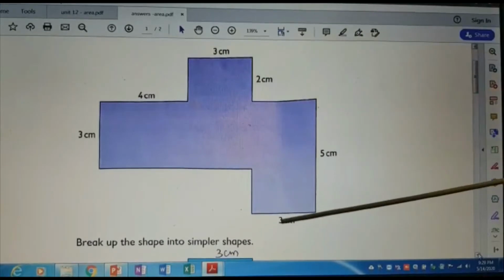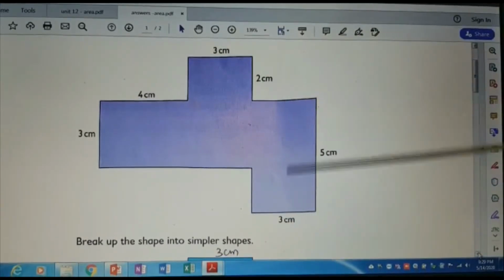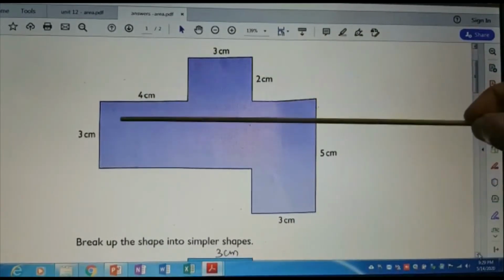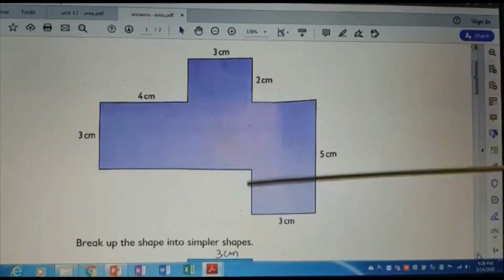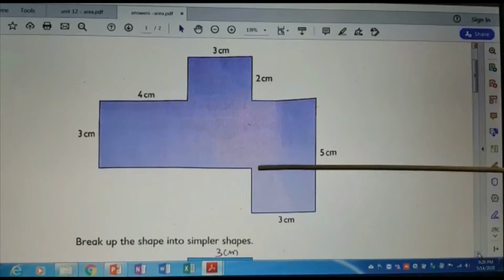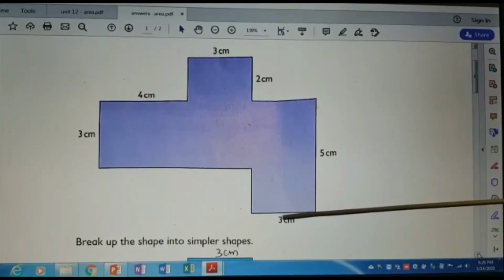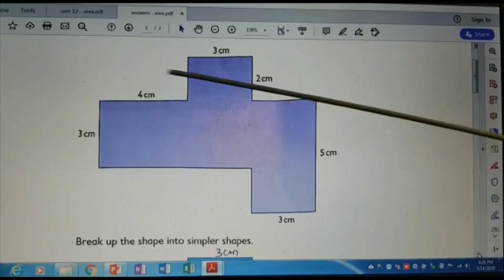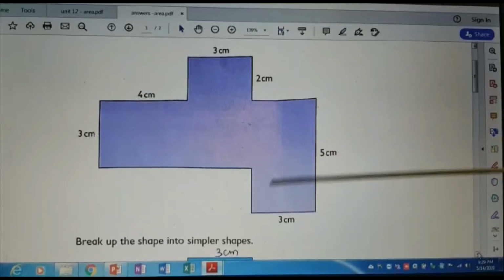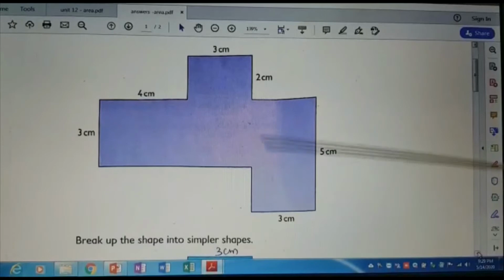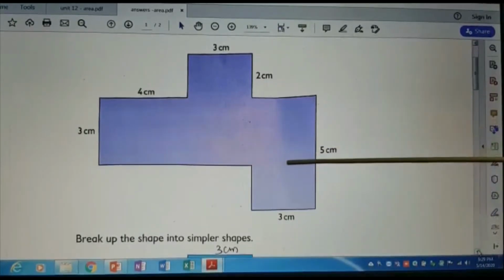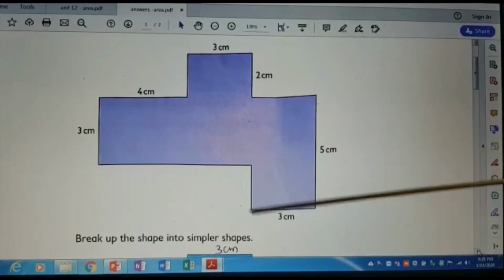And here it is not given, but it is given here. So these 2 will be same. So I will add these 3 first. Then length is given and width also is there. Coming to this third one. We know here it is 3, here it is 5 and here it is 3. So from here till here it is 5. So what should I do to get this? From the total I need to subtract this much. So 5 minus 3 it is 2. So here also 2 and 3.